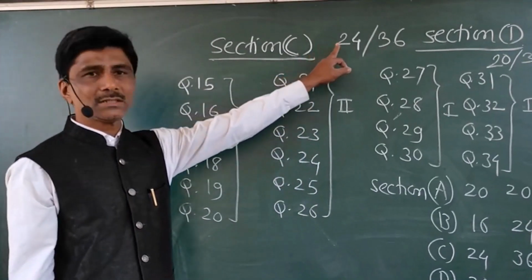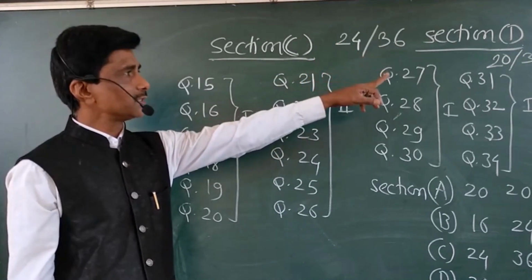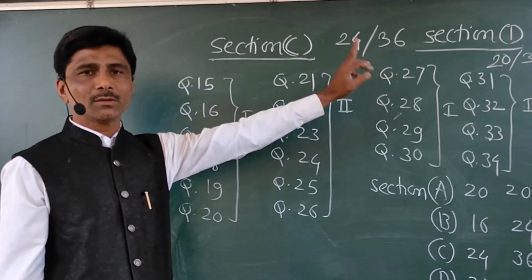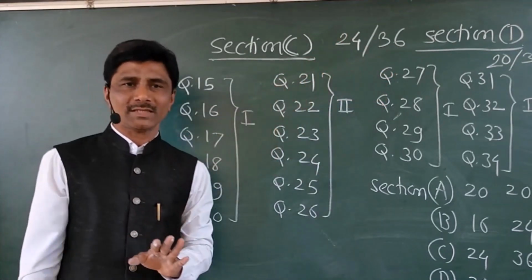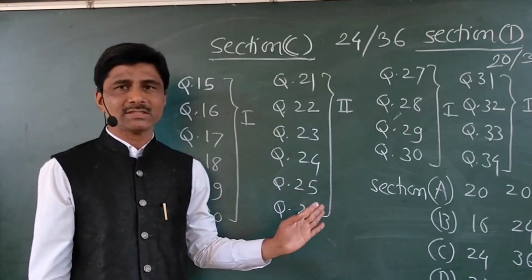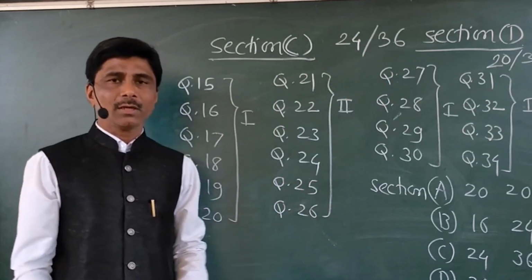That is, section C is for the 24 marks, section D is for the 20 marks. 20 plus 24, 44 marks are there. Half of the paper is in the section C and D, more than half. Now in that case,